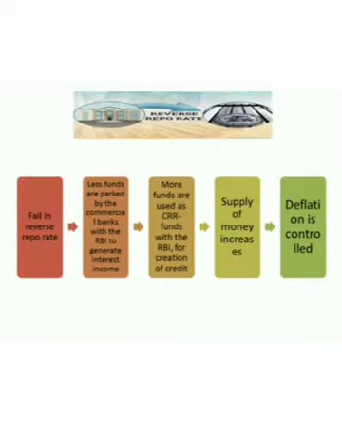During deflation, RBI will lower the reverse repo rate, then the commercial banks will park less funds with RBI to generate interest income. More funds will be kept with commercial banks. When more funds are with the commercial banks, they can create more credit and the supply of money increases, which will help to control deflation in the economy.